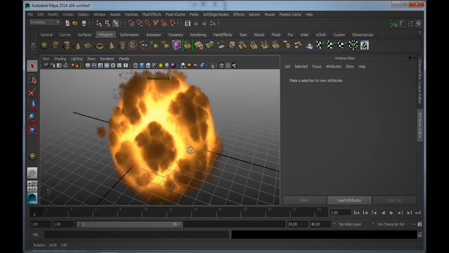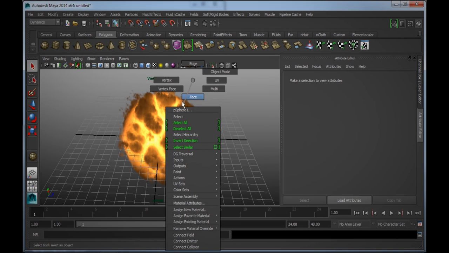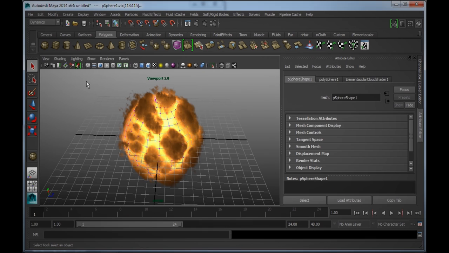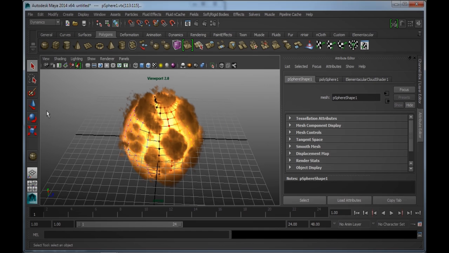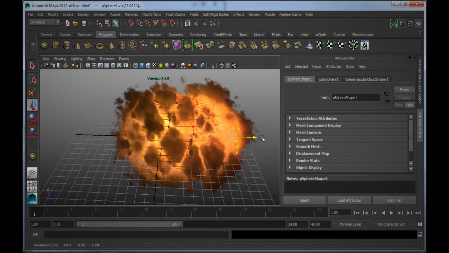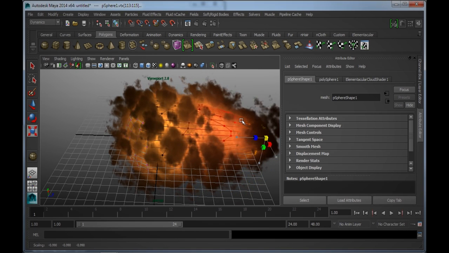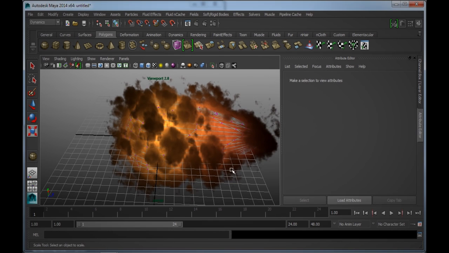So I'm now quite satisfied with the look of it, but I want to modify this so that the shape of it looks like a fireball. So I will select a couple of my vertices. I will do a soft selection so that I can move some of the vertices around here. I'm going to move the end of this fireball to our far right, and I'm going to taper the end somewhat so that we get this look of a fireball that moves through space. We'll go back to